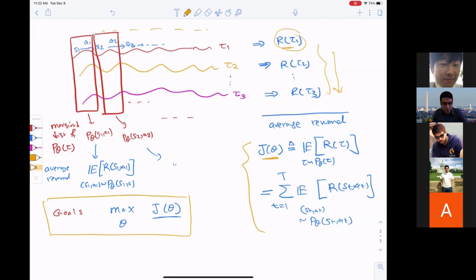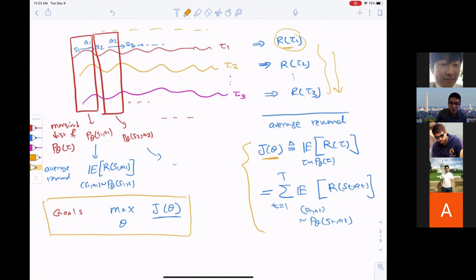Okay, I see there are some questions. Let me pause here. Is the network retrained per each iteration from scratch, or do we retrain on top of the previous network? So hold on a second. I haven't even talked about what is my training. So far I have just talked about what is my objective function. And my objective function is to pick theta, my model parameter, characterizing the policy function, to maximize the average reward, J of theta. So we'll see how we can solve this optimization.